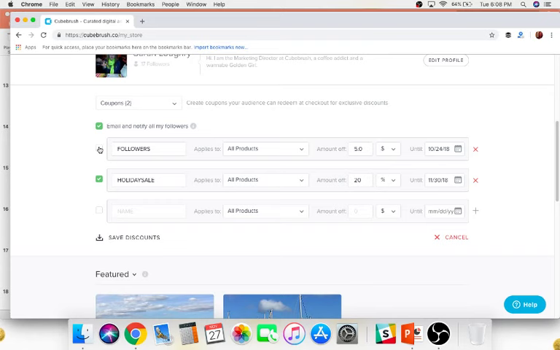Again, we make it as easy as possible for you. I don't want it to be the followers sale. I just want it to be the holiday sale. So that's another example. If you have multiple sales going on different products, this is an easy way to just click on those, and then you can email everybody at once, so you don't have to do separate emails. So now I want to save this discount,